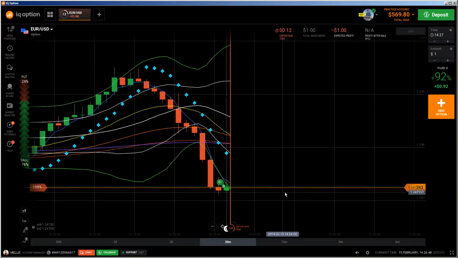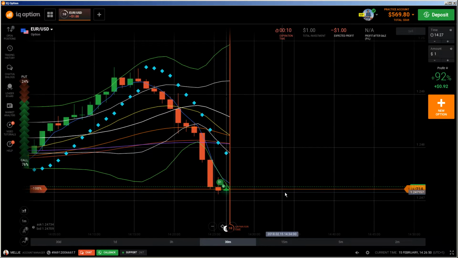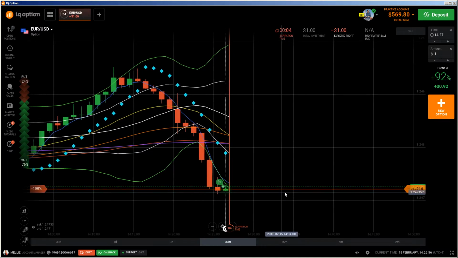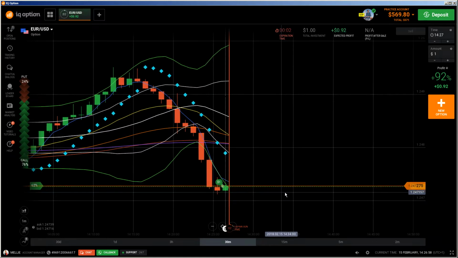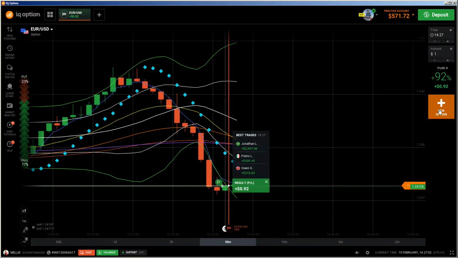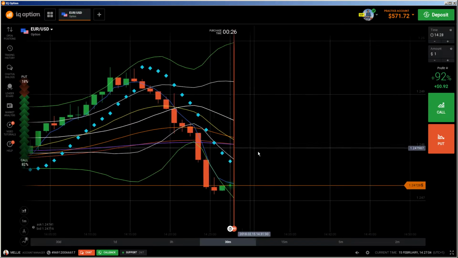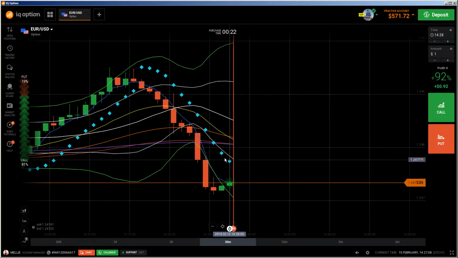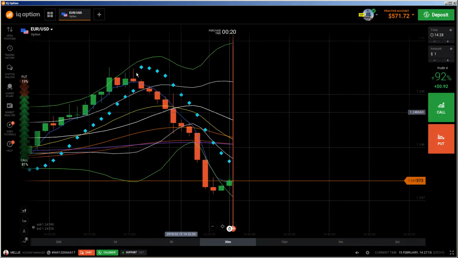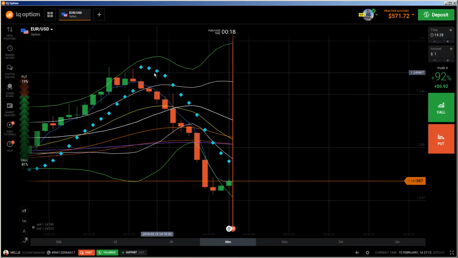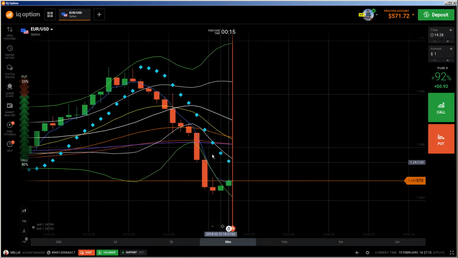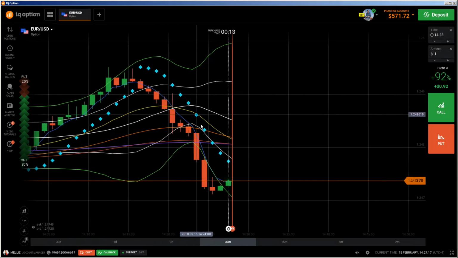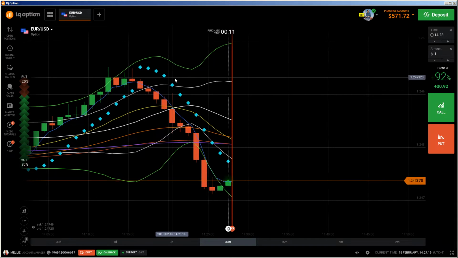So let's see what will happen. Another 10 seconds till it's over. So let's see what is going on. It's going up. Okay, it was a close one, but it was in the money because I understood it. So you see, the dots are still above this, so you cannot trust this line. But I told you, because I expected this only because I have seen there were already so many dots.